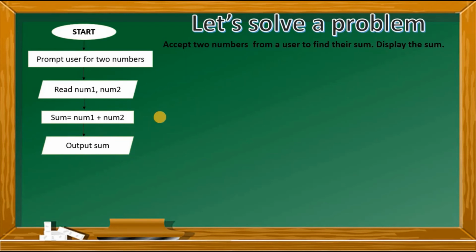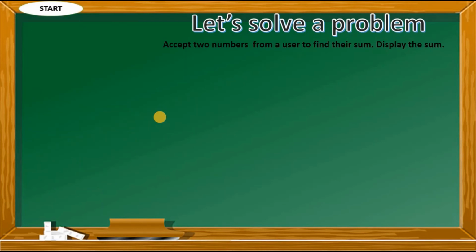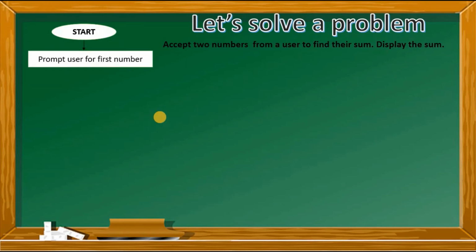There was nothing else to take place in the process, so we would have our final directional arrow, and then we would proceed to our next terminal, which is to end the program, or this is where our problem has now been solved. So this is one way that we could solve the problem using the flowchart. A second way that we could have used is still the same process. There's a minor change. So we would prompt the user for a first number in this case, and then the